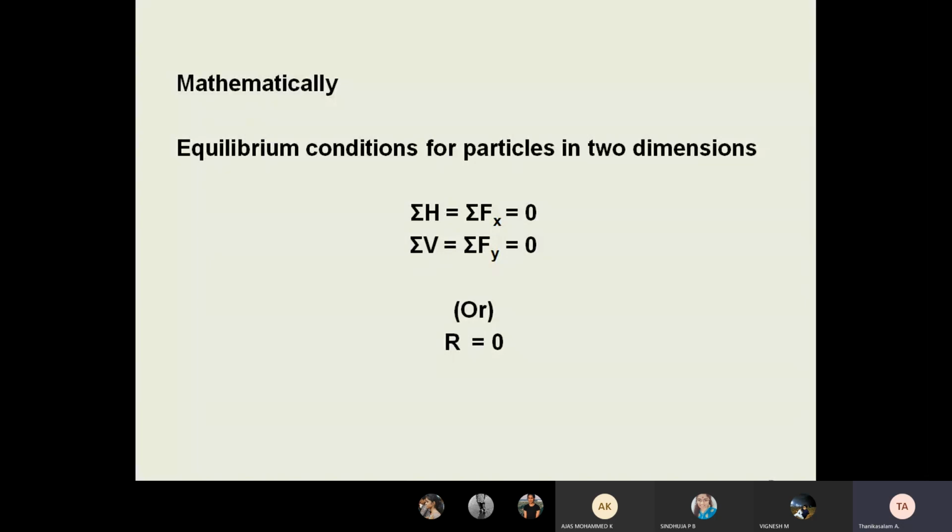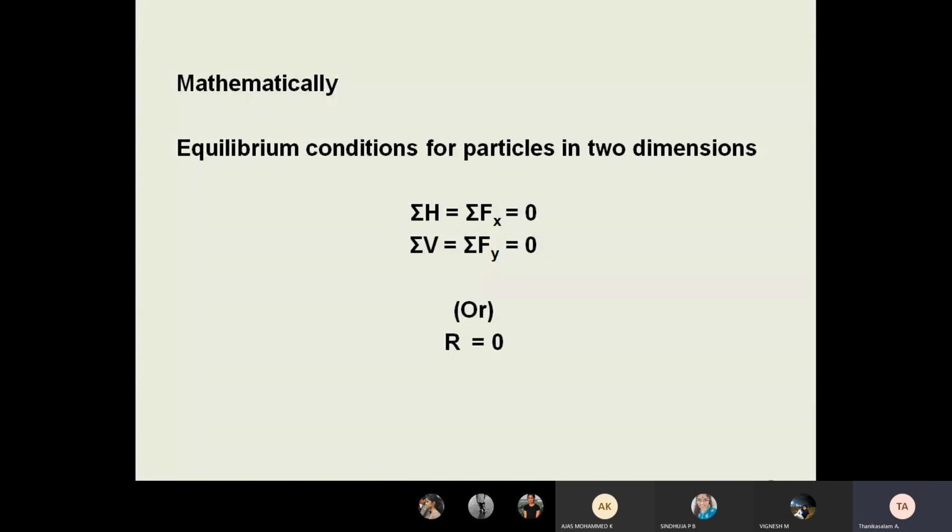When the resultant is 0, we know the resultant formula, no, square root of summation of H square plus summation of V square. So the summation of H must be 0 and summation of V must be 0, then only the resultant is 0. Very important 2 more questions. Write the equilibrium equation for statics of particles in 2 dimensions. Or write the equilibrium equation for coplanar forces in 2 dimensions.